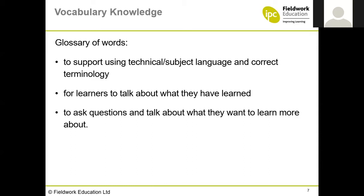So we provide a glossary and we try and keep it focused, because it should support the subject language learning so that they can use the correct terminology, but it's really so that it develops those communication skills. So learners can talk about what they have learned. They can ask questions about what they have learned and maybe what they want to learn more about. So if they have the words, they'll be able to communicate better, talk to each other, talk to the teacher,